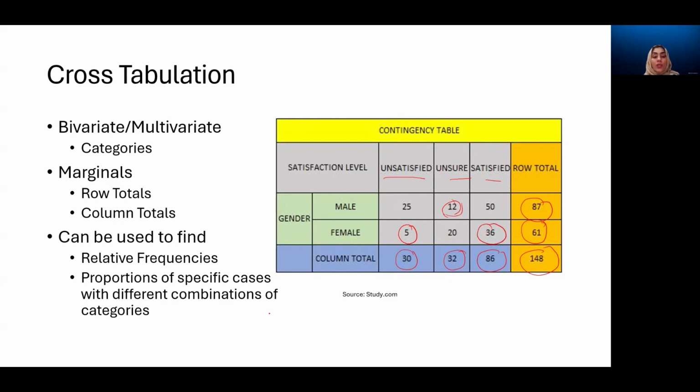Using these values, we can compute the relative frequencies and proportions of the specific cases over different combinations of the categories. So if we want to find out the relative frequency of females who were unsure about the product, it is going to be 20 divided by the total count, which is 148. And if you want to find out the proportion of female who were unsure about the product,